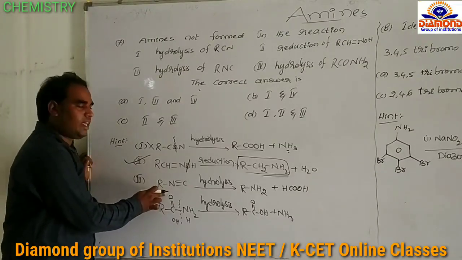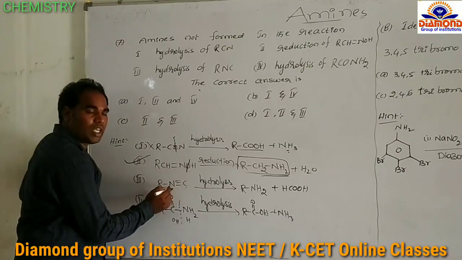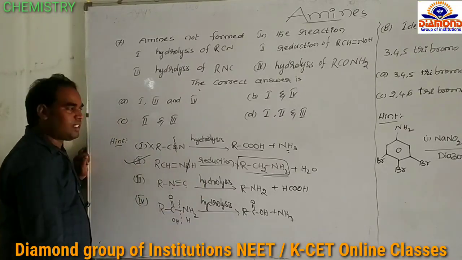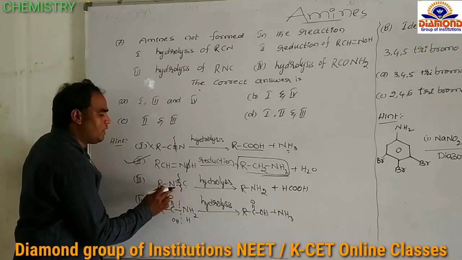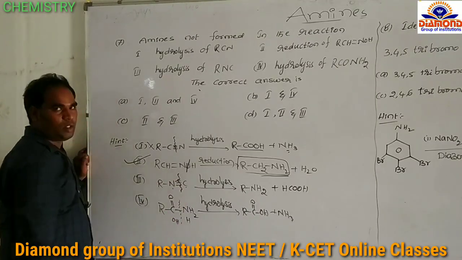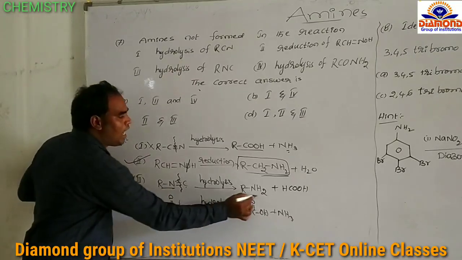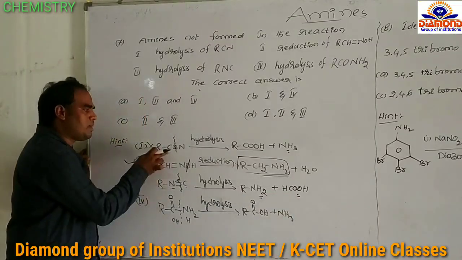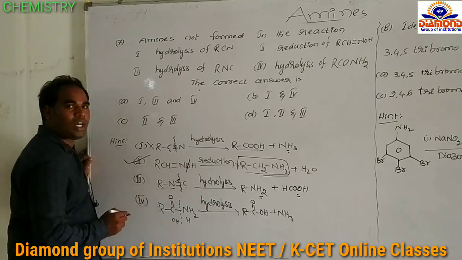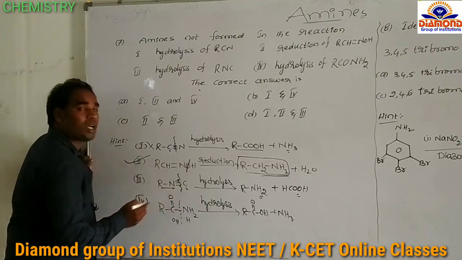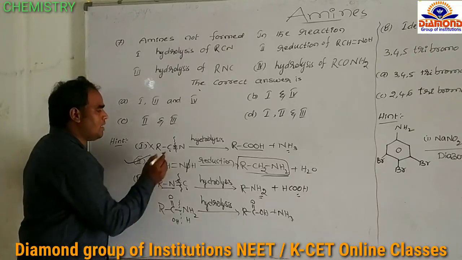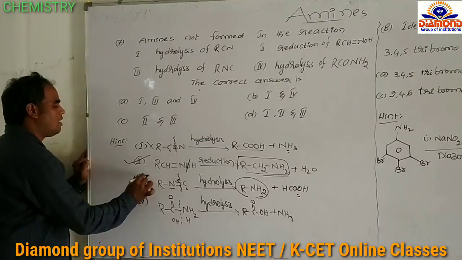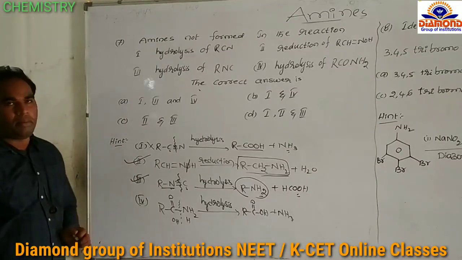Next, isocyanide hydrolysis. This is NC, isocyanide. This is CN, cyanide. If the isocyanide undergoes hydrolysis, to the nitrogen we add hydrogen and to the carbon we add a hydroxy group, OH. Therefore, it is converted to RNH2, amine, and the carbon is converted into carboxylic acid. As in cyanides, the carbon is converted to carboxylic acid. So isocyanide hydrolysis forms amines. Therefore, the third one is also a preparation of amines.